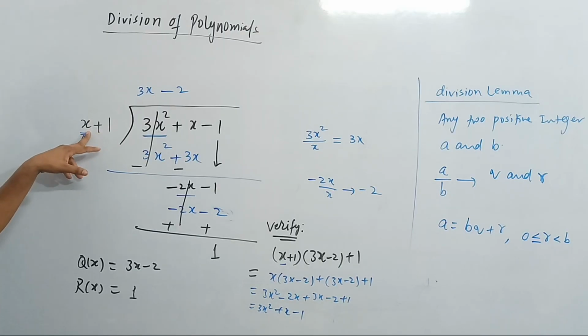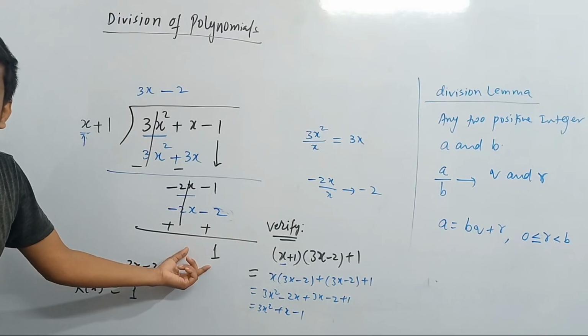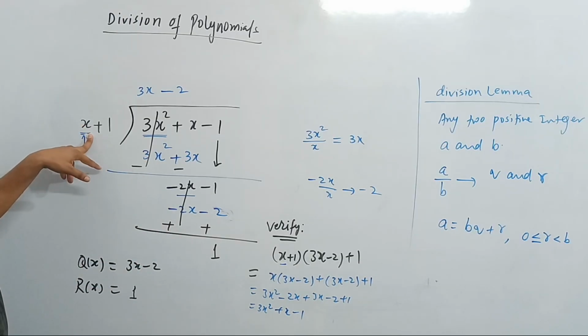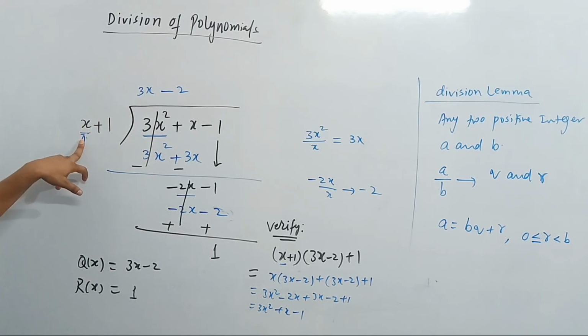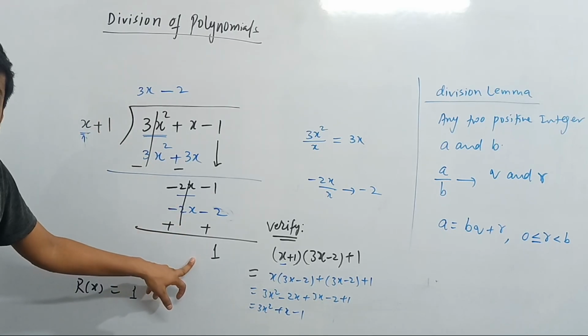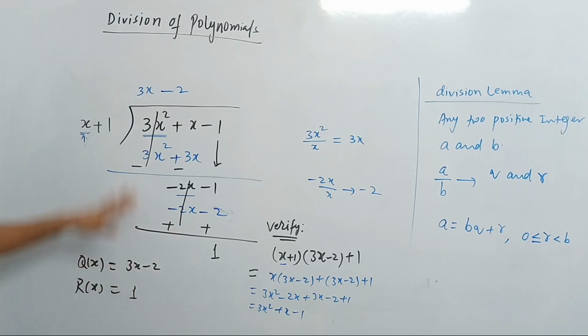Here we can find that the degree of this divisor is 1. It means the degree of the remainder should be 0. If the divisor is quadratic, then the remainder must be linear. If the divisor is cubic, then the remainder should be quadratic. Okay, so this is the way we are doing the long division of polynomials. Let's try to